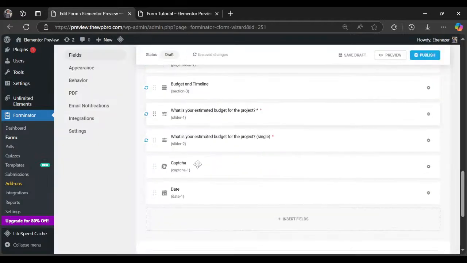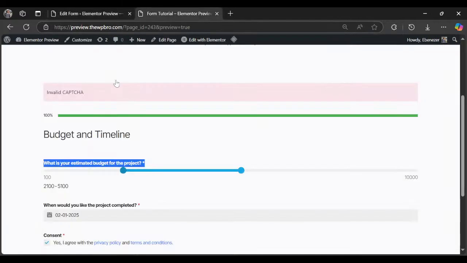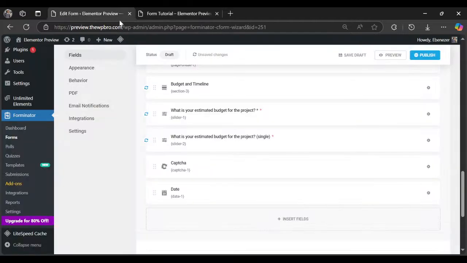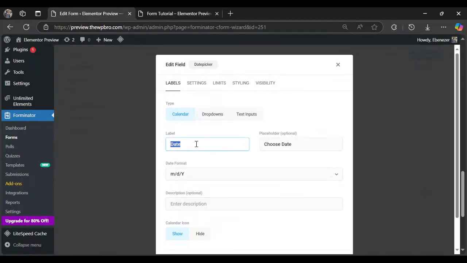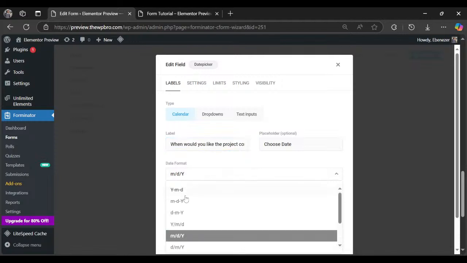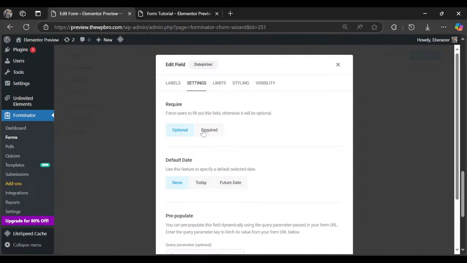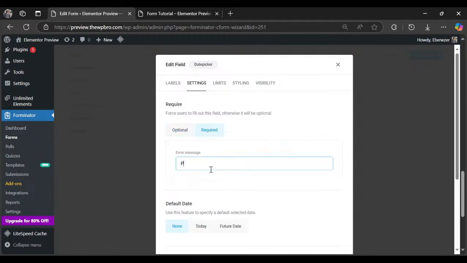Now we have the captcha, and then we have the dates. I use the dates here for when would you like the project to be completed. Now let's edit that, edit field, and let's change the label to when would you like the project to be completed. Let's use the date format of day, month, and year. That's what we use where I live. All right. Now once calendar, the type should be a calendar type, so it can come up like this. Okay. And let's move to settings. It is going to be required,